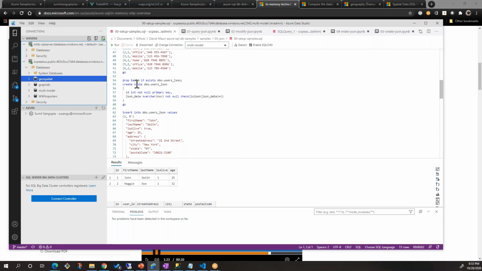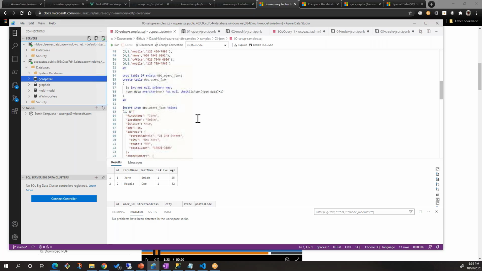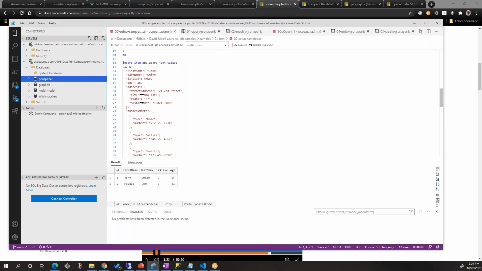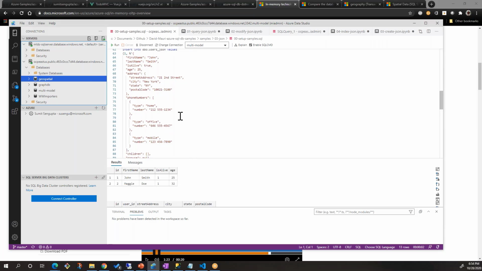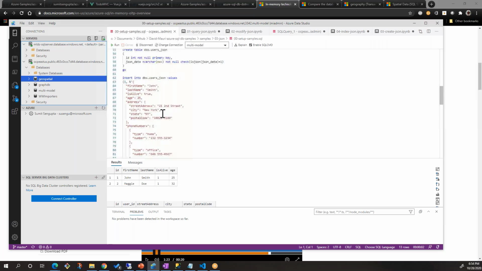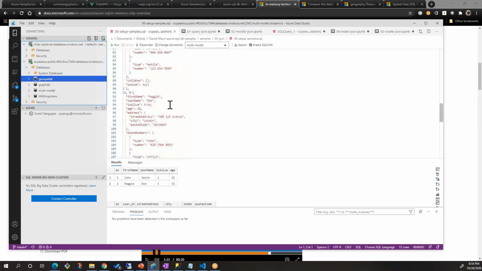So this is a JSON table. We call it dbusers.json. And what we're doing is we have a single ID field. So ID is just a 1, 2 natural number. And the JSON data is an nvarchar of everything that we have put in there. And in that, if you notice, we put the whole array. So John Smith's information goes as 1 row with ID 1. Maggie Doe's information goes with another row, row 2.